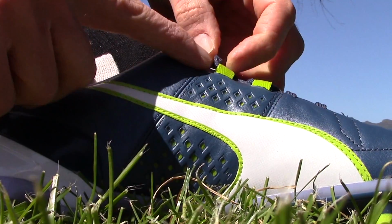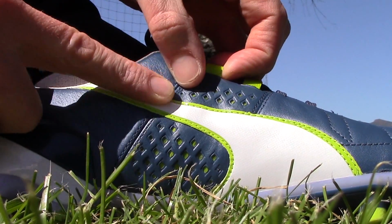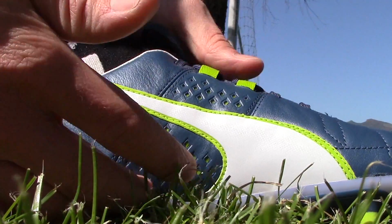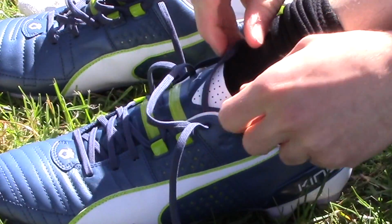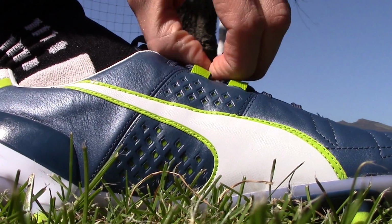Now as you can see, the eyelet part here that it runs through, you might be able to spot the slightly brighter green poking through these holes, and that's where this actually is running down. And this means that when you tighten your laces, you are tightening the EverFit cage manually, so it gives you even more of a wraparound and lock into the boot than the EverFit cage that you see on the EverSpeed